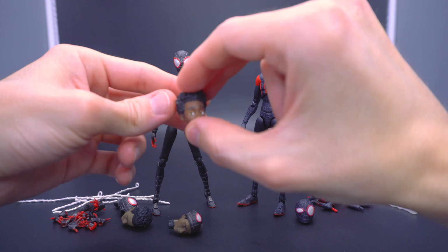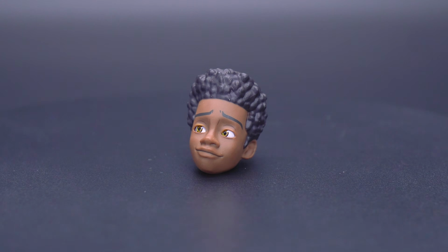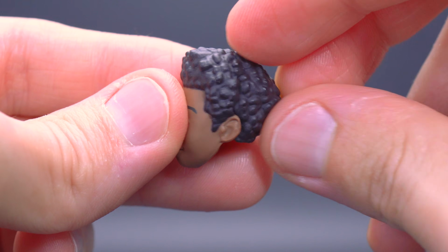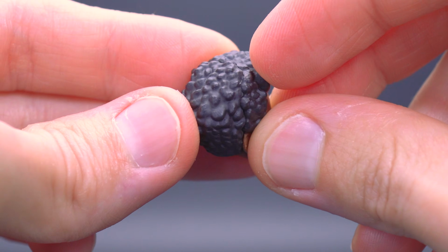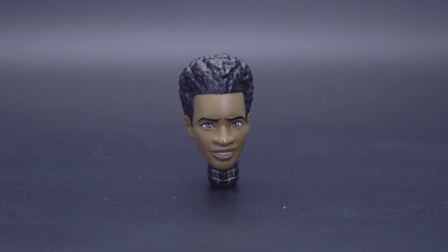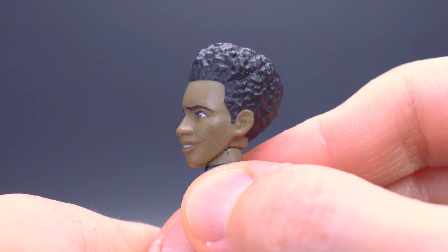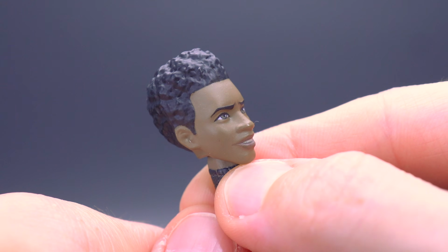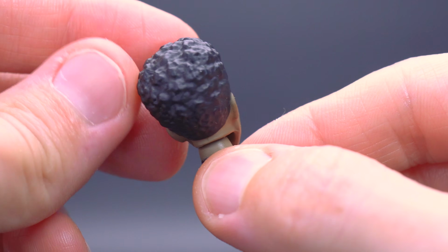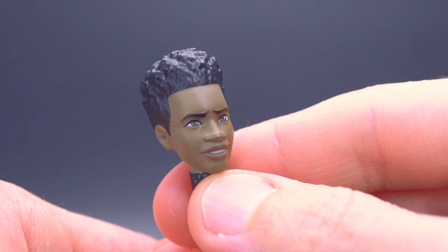Similar case with the alternate unmasked Miles Morales head sculpt, except on the subjective side, I like the actual animated look of the facial expression. I love the sculpting and the paintwork much better than that of the Mafex, because the Mafex has a much more determined look. And even though both have great paintwork when it comes to replicating the Miles Morales from the movie, I feel like the more accurate one is the Sentinel, even though I like the much more straightforward expression on the Mafex. So you see, I'm kind of ping-ponging a little bit here, because I like the expression on the Mafex, but I like the actual accuracy to his much more juvenile look on the Sentinel,